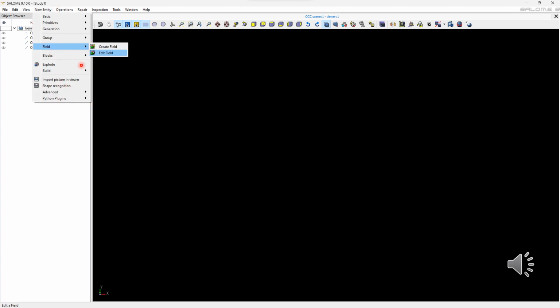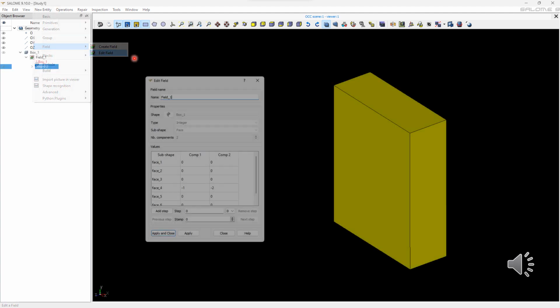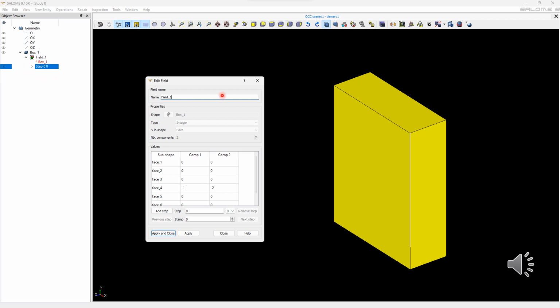Now I will select edit field, and you can edit the field which was created previously, and this field object allows assigning some values to geometrical entities, and these values can be later transferred to mesh entities generated on the geometrical during export to file in mesh module. So here